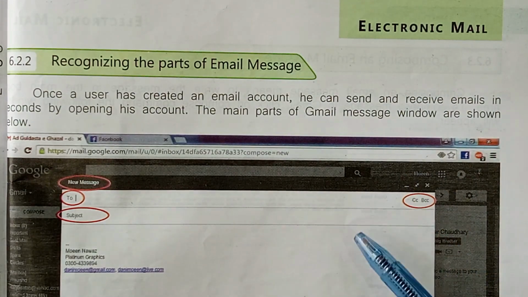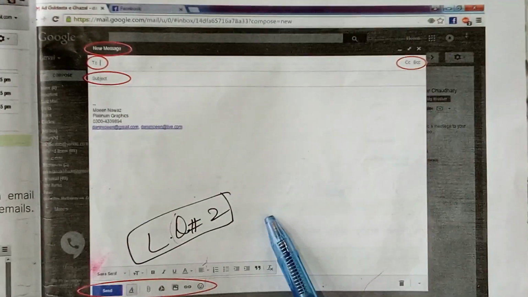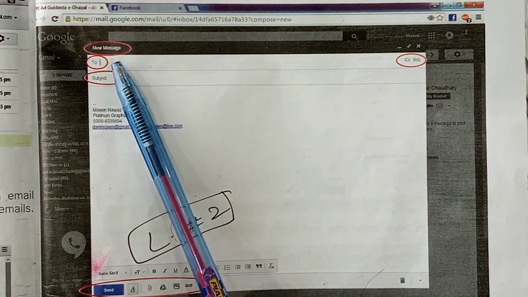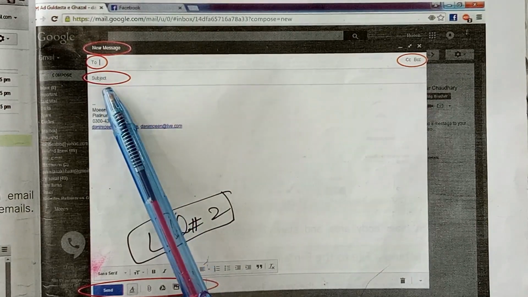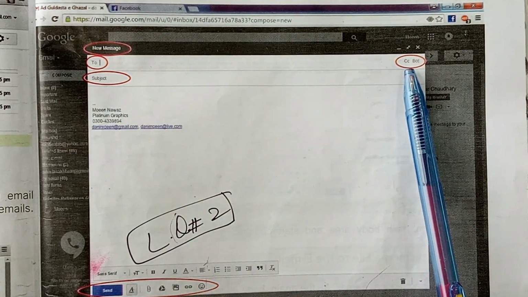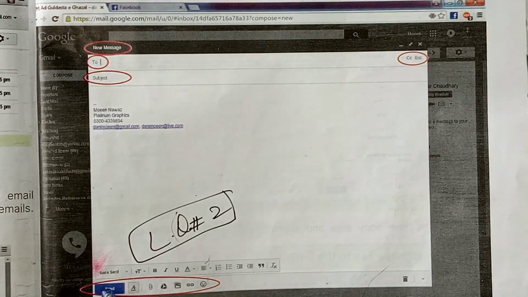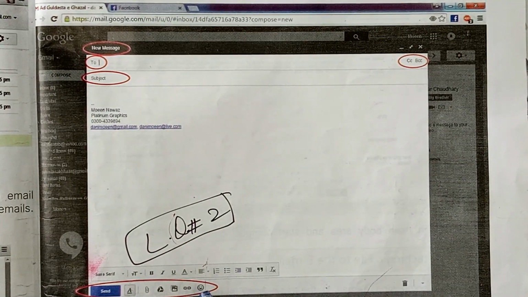Now we can see the main parts of the Gmail message window. Students, this is the Gmail message window: new message, to, subject, CC, BCC, and this is the option of send, attach files, emojis.